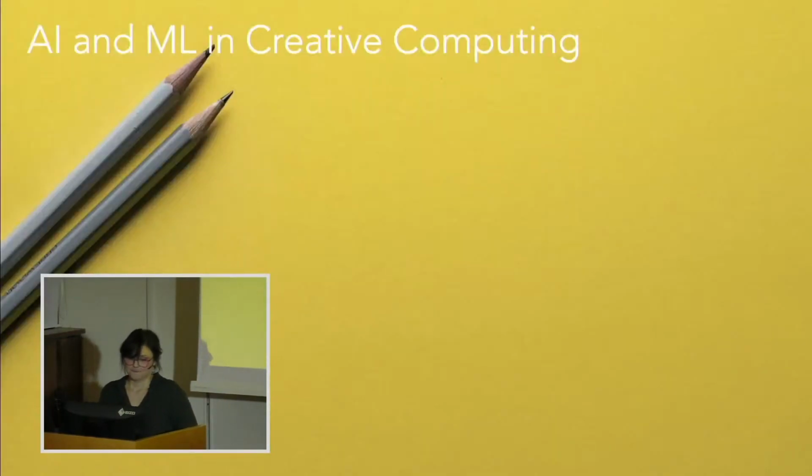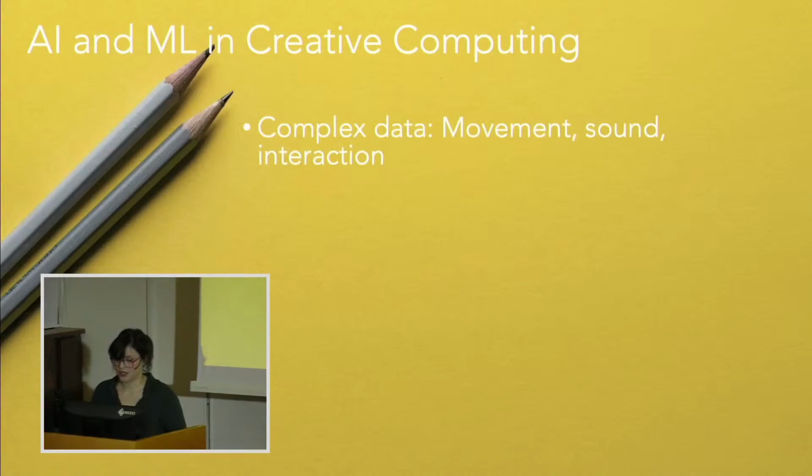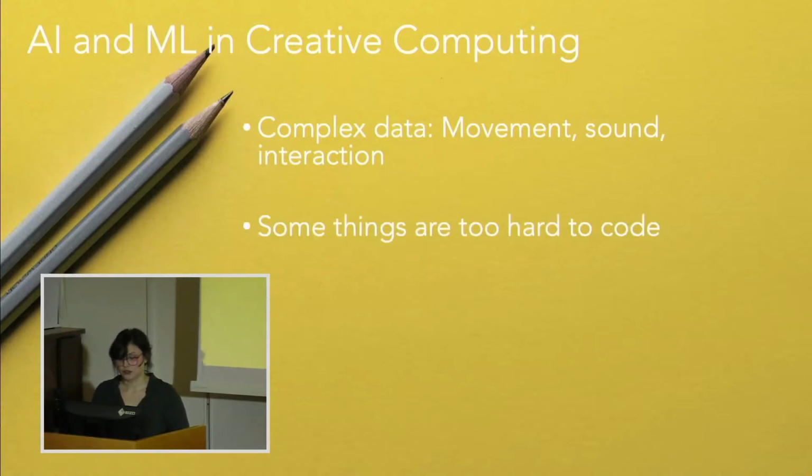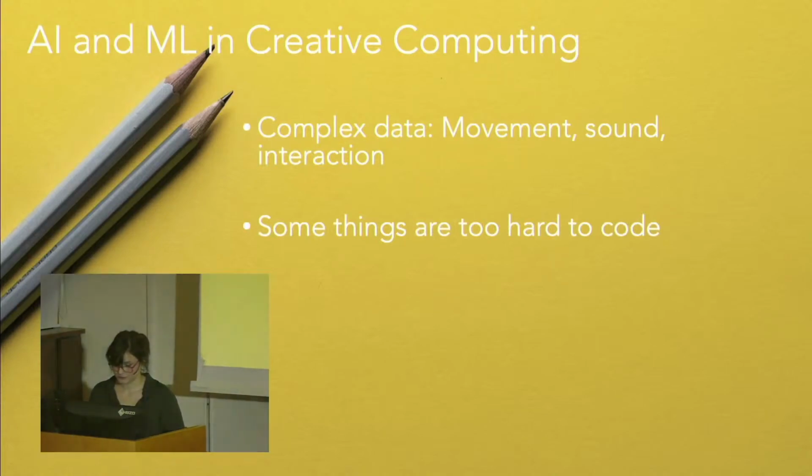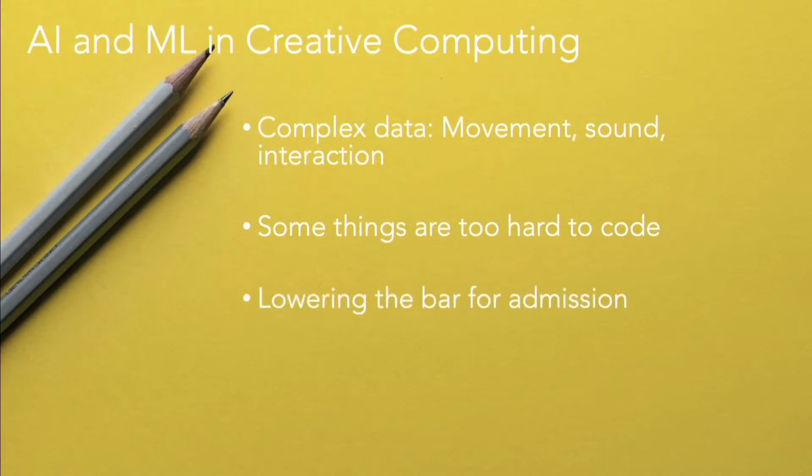So to summarize, using AI and specifically ML in creative computing is useful when working with complex data like movement, sound, and complicated interactions. It also allows us to model situations where programming would be very cumbersome. This can help in lowering the bar for participation by allowing people with less programming experience to be part and to experiment. And by playing around with sort of the misuse of ML models, we can also create unpredictable and